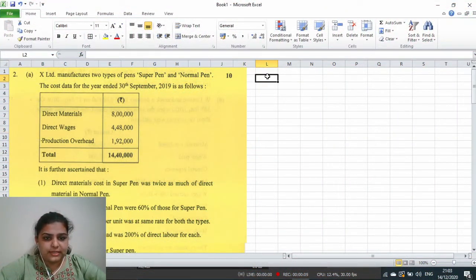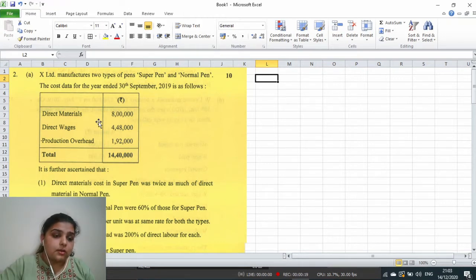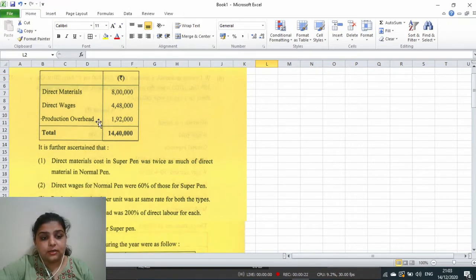Question number 2. Let's read it. Ace Limited manufactures two types of pen, super pen and normal pen. The cost data for the year ended 30th September 2019 is as follows. Direct material, direct wages and production overheads are given to us. It is further ascertained that direct material cost in super pen was twice as much as direct material in normal